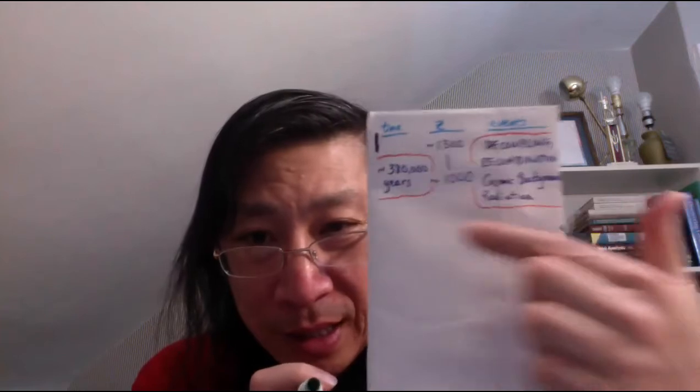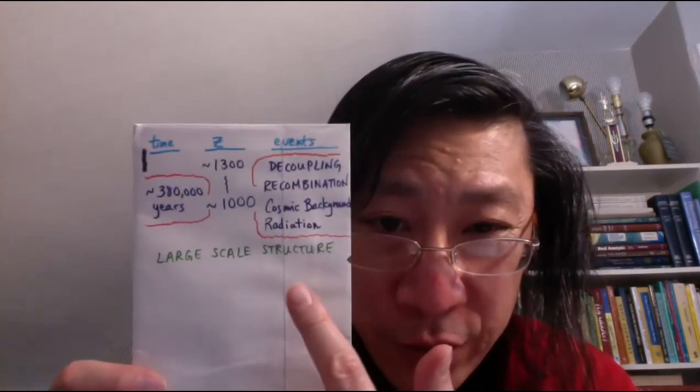There's a lot of really cool stuff that happens, and it's not what you expect. And so in this timeline here, this is where we start describing what happens, starting around redshift 1000 or so, up through the present. Large-scale structure of the universe starts to form, okay? Now, to be fair, large-scale structure already starts to form before this, or more accurately, the seeds of structure start to form. But the seeds of structure are different from the actual large-scale structure that forms during this time after about redshift of 1000.